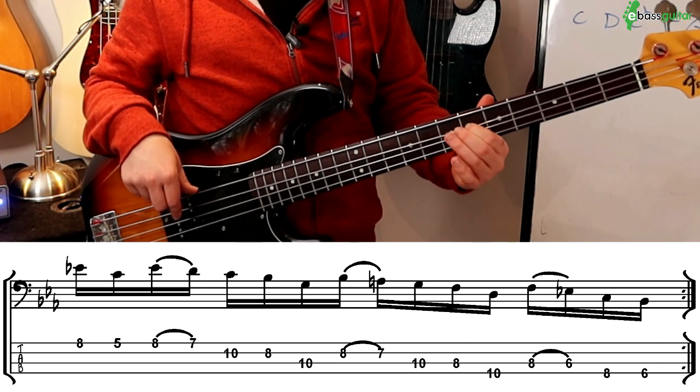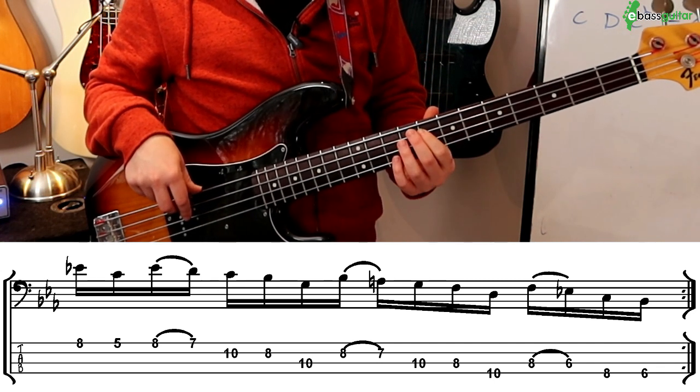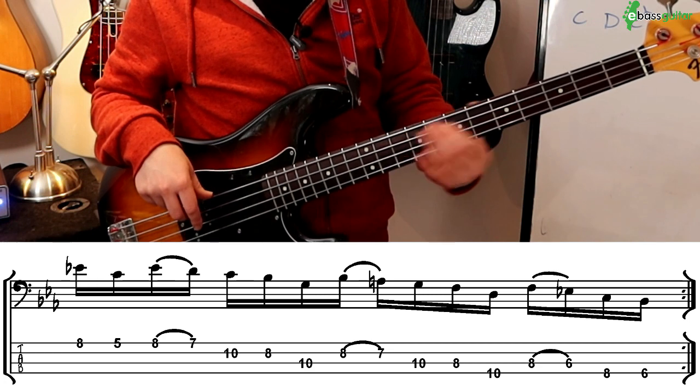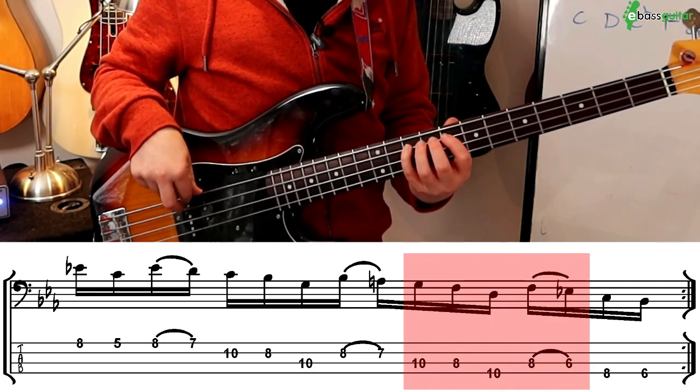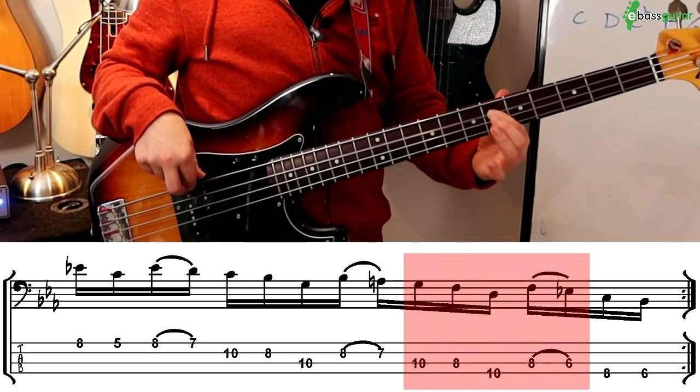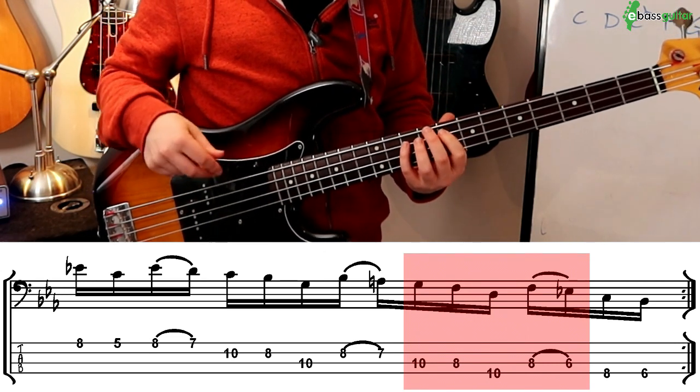the E flat there. So there's another slide back, but instead of sliding back half a step, we're sliding back a whole step and actually changing the position of our hand. So the lick sounds like this. So like that is the 3rd phrase,